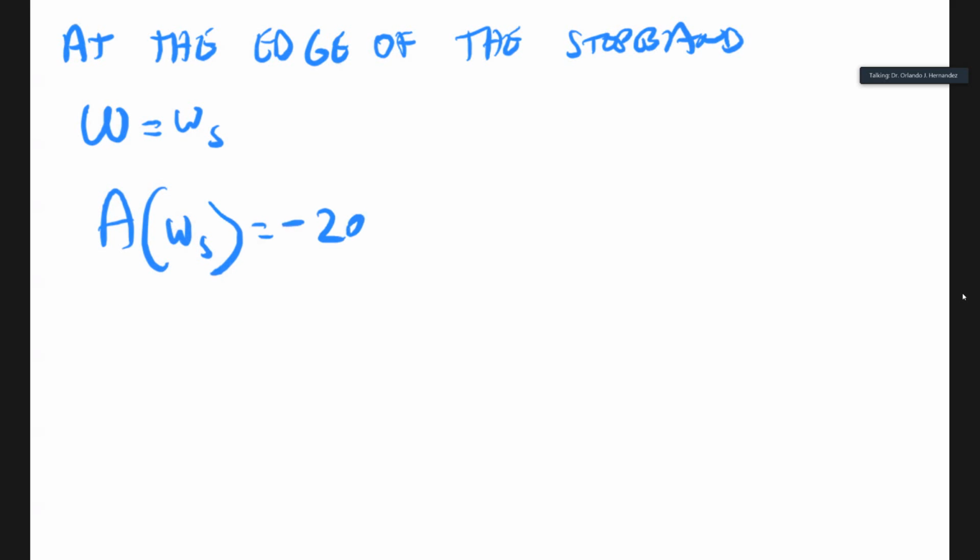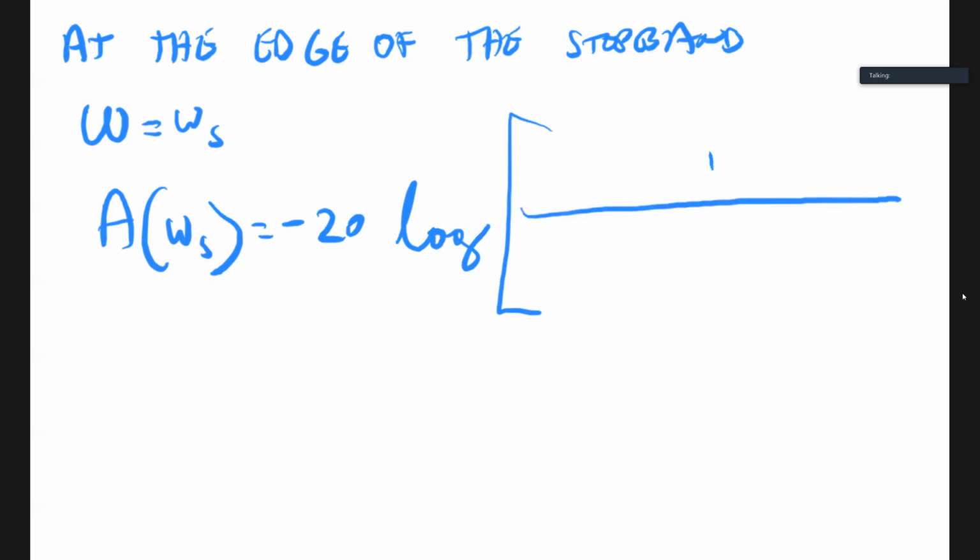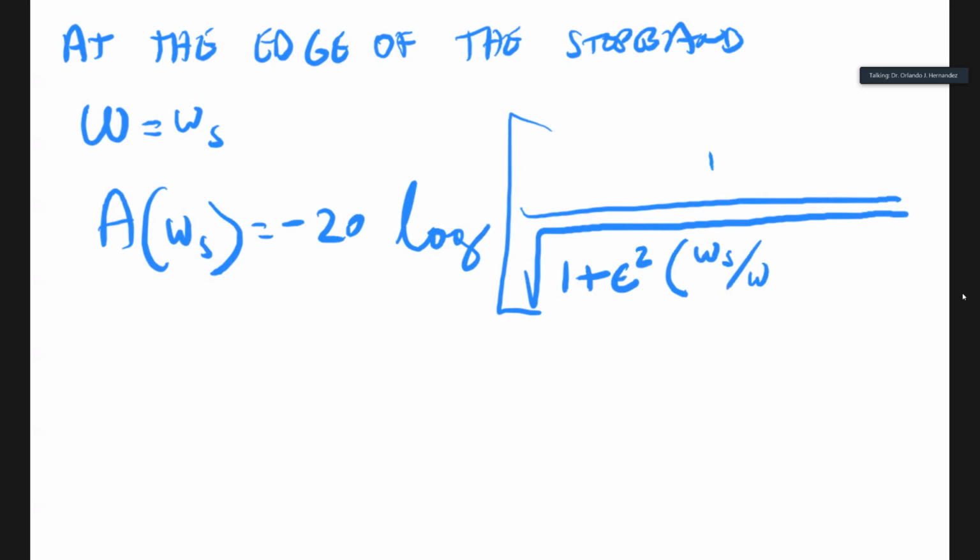We're just calculating the response at the stop band frequency. Remember, this is a low pass filter, and you get this characteristic equation: the stop band frequency divided by the pass band frequency raised to the power of 2n, and that simplifies to